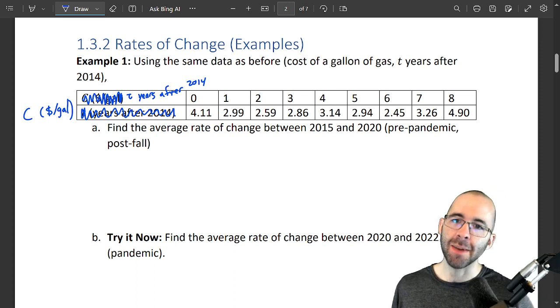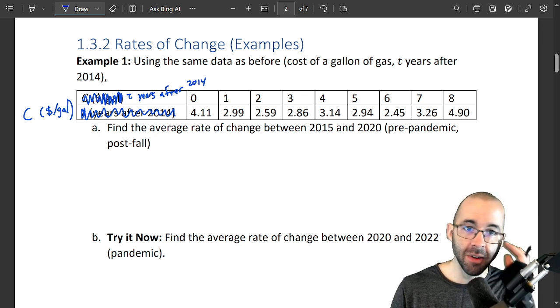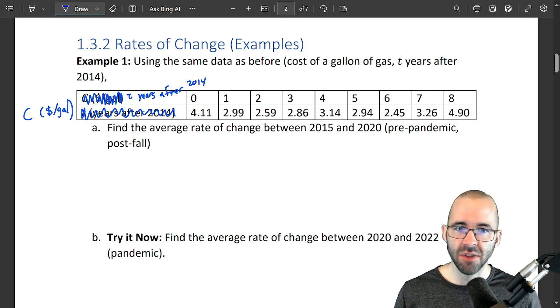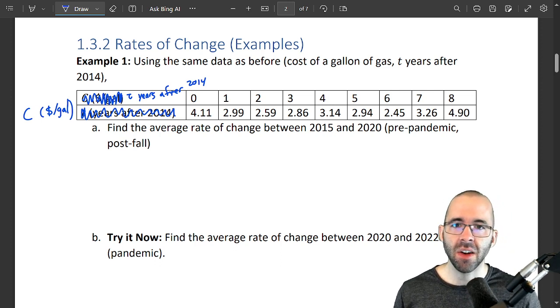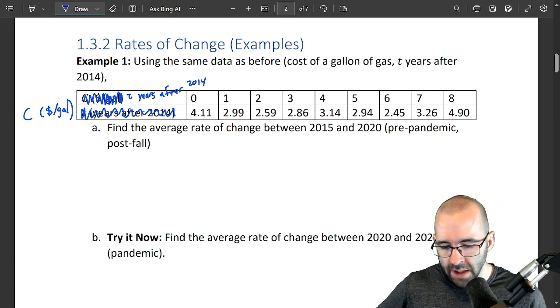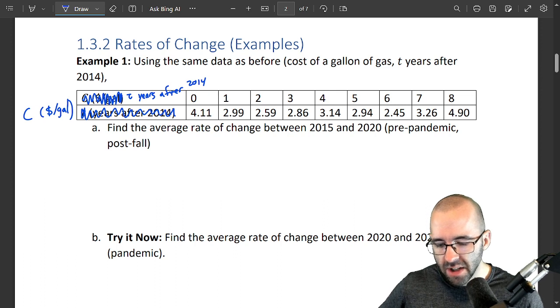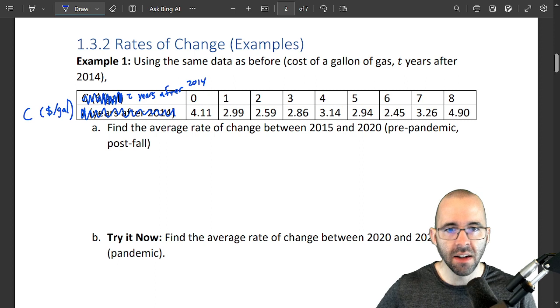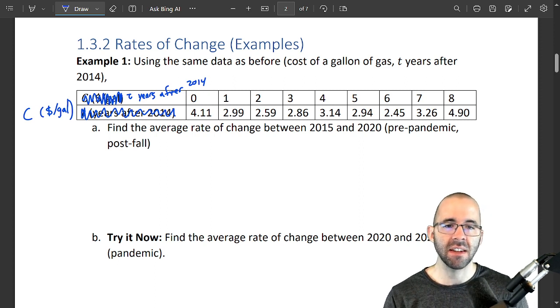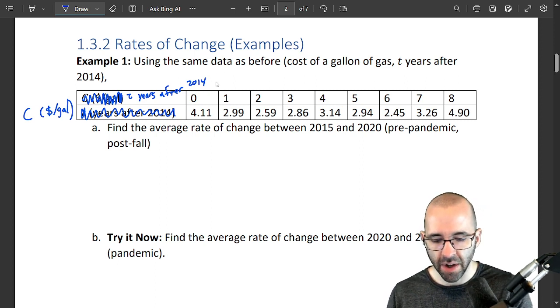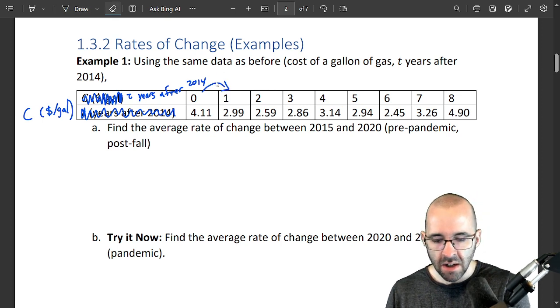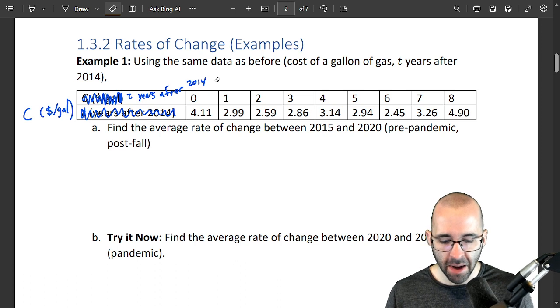So we've got this lovely table, which has no typos in it whatsoever. We're going to use the same data as before. t is the number of years after 2014, and the output is the average cost of a gallon of gas in dollars. Part A says, use that formula we did before to find the average rate of change between 2015 and 2020. You can think of this as the time post fall. There's a few things that happened from 2014 to 2015 that caused this big fall in gas prices,